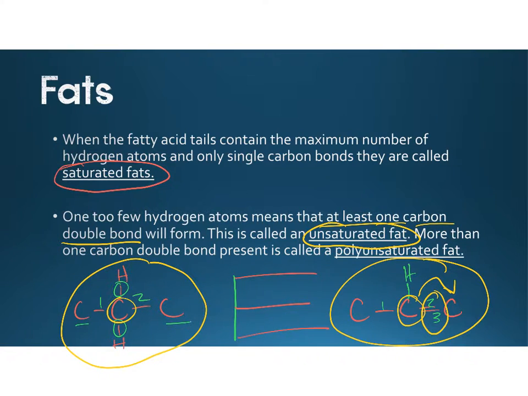If the fatty acid tail has more than 1 carbon double bond, it is called a polyunsaturated fat. Okay, remember, poly meaning many, so there's many unsaturated carbons in that chain, and so we call it a polyunsaturated